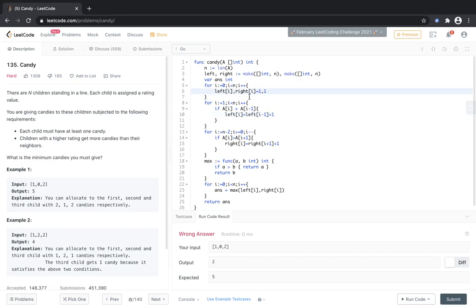Okay, so we allocated everything as 1. We made the array of the right size. It is n minus 2 because we are not considering the last element. If current is greater than the next one, that is the right one. If current is greater than the previous one,